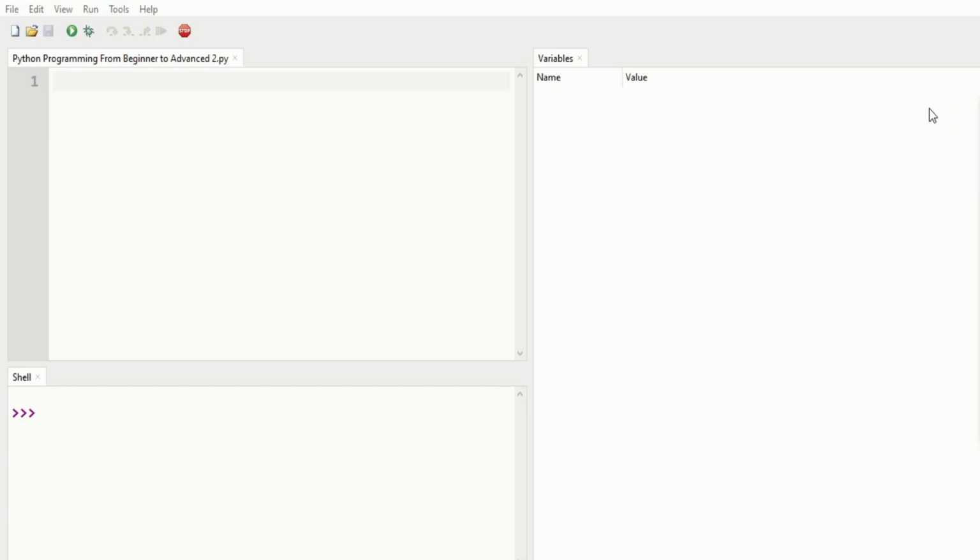Now in this video I will explain how to add two numbers, how to subtract a number from another number, how to multiply two numbers, and how to divide a number by another number. So after making a program that will print hello world, you should move on to computing some numbers or expressions. So now see that